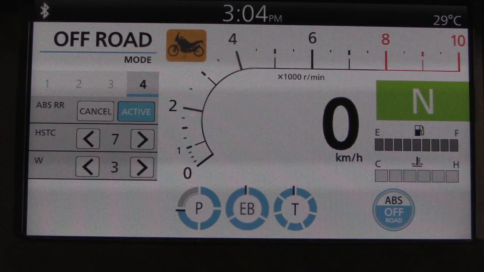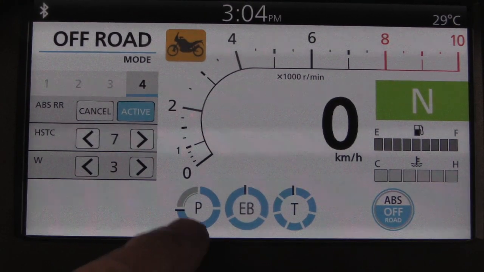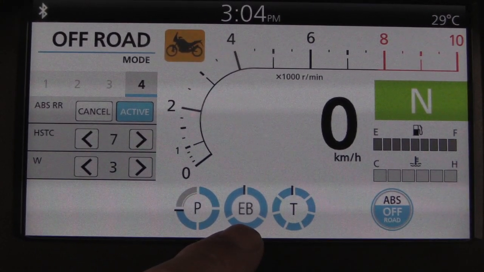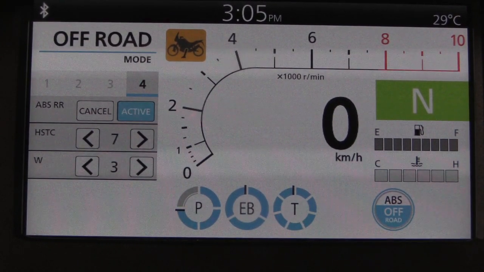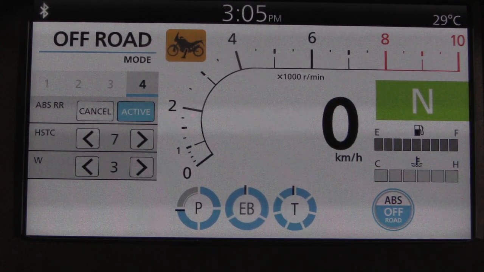So across the bottom we have the power setting, the engine brake, traction control, ABS icon, off-road mode. So if we push, so in menu number 4, if we push the enter button, it does give us the ability